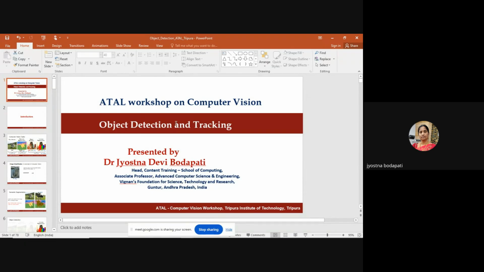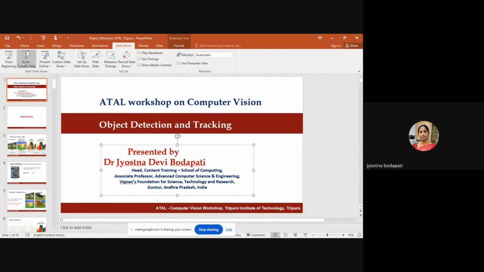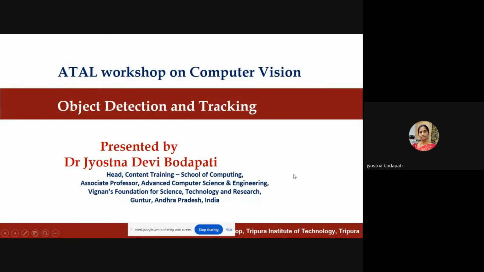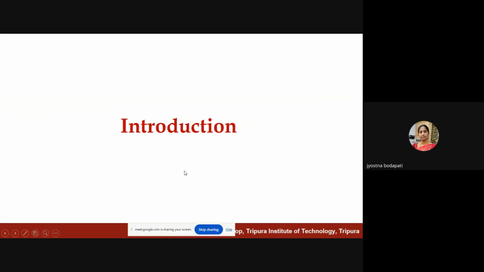Today's session is on object detection and tracking. So welcome to the session, the second session of the computer vision. Yesterday's session was on OpenCV for computer vision. And today's session, I will be focusing on object detection and tracking